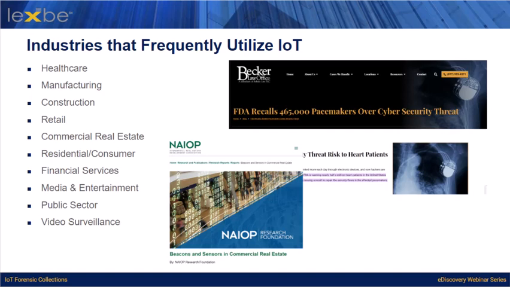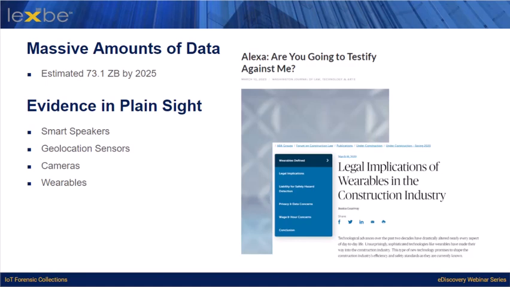Smart buildings are now the norm with automated climate control, security controls, lighting, motion sensors, and fire extinguishing capabilities. They also have security cameras, which is a key application of IoT in residential deployments as well. In addition, you have smart speakers that have advanced recording capabilities, and IoT also expands into financial services, media, and the public sector.